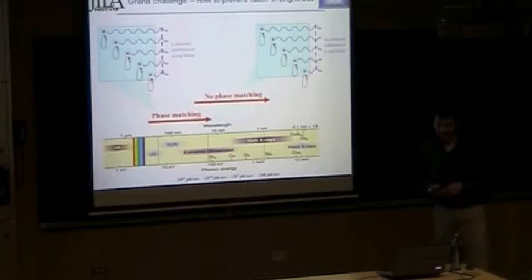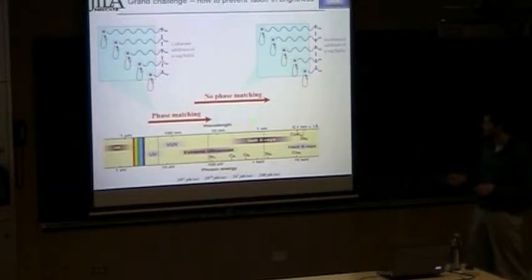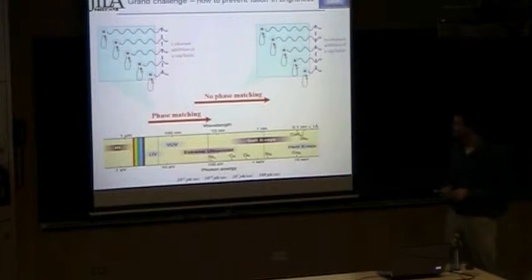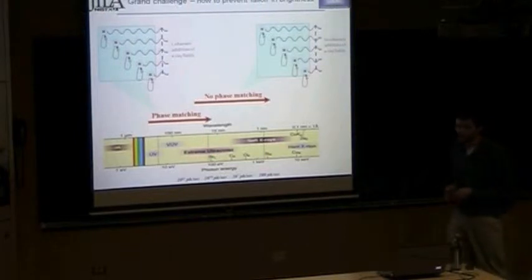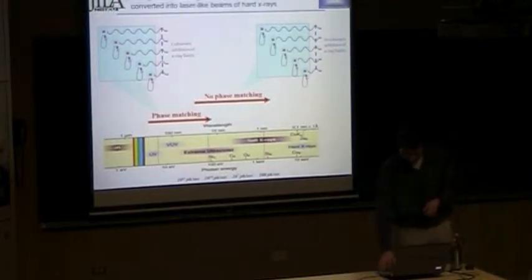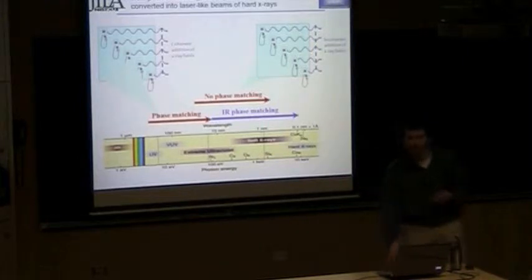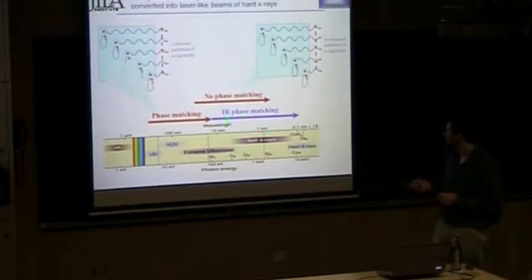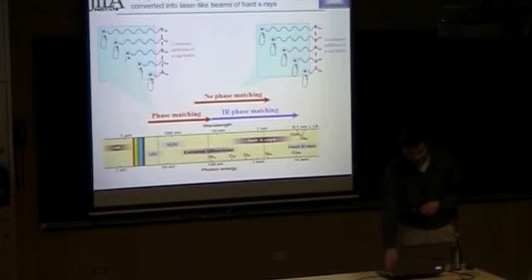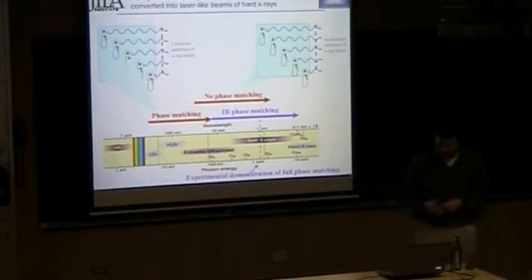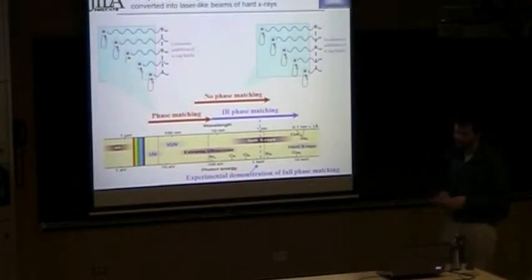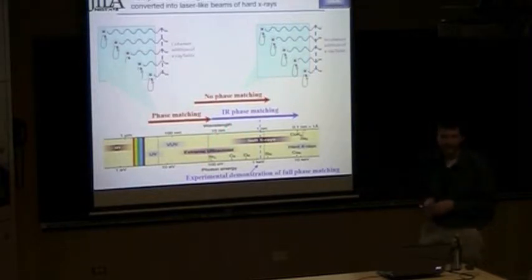So this has been one of the big challenges in our field. We understand how to generate harmonics at very high photon energies, but all of the applications of harmonics have been limited to about 100 eV, because if you take just a standard Ti-sapphire laser, this is going to be your phase matching cutoff at around 150 eV. And so what we're going to propose is that by changing the phase matching, going to infrared phase matching, we can extend the phase matching cutoff to much higher photon energies, which we've demonstrated up to a keV. So this is a full order of magnitude higher in terms of photon energy.